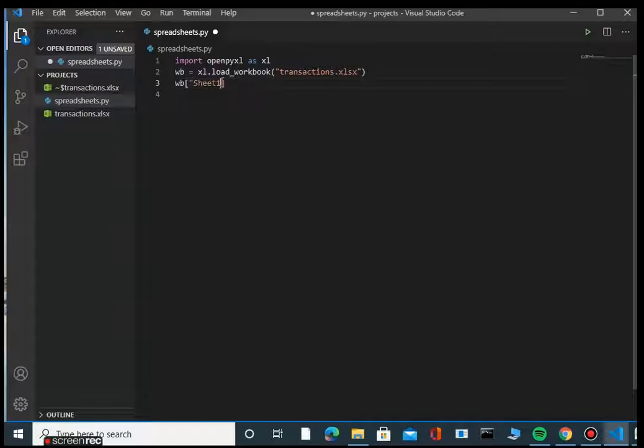And note this is case sensitive. If you spell it with a small s, it will not work. So Sheet1, and then you save it in